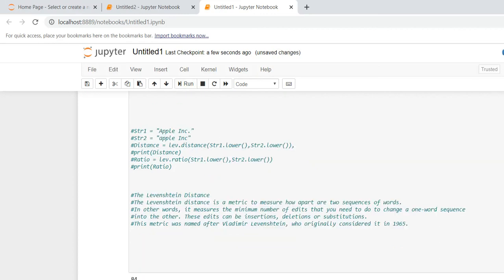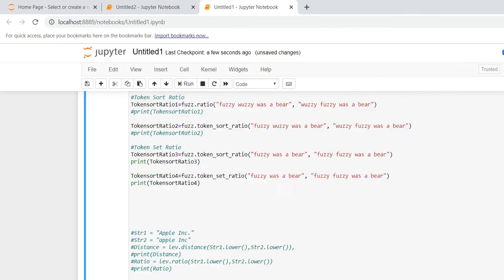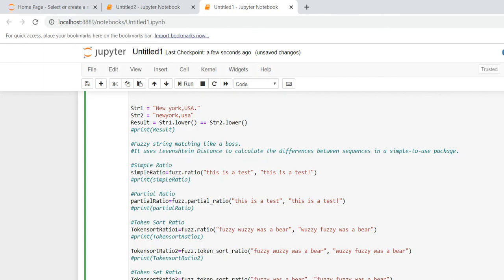You can see sort ratio gives us 84 and set ratio gives us 100. My string 1 is Percy was a bear, my string 2 has Percy twice. Even though Percy is coming two times, it's matching as a set, because here is a single Percy and there a double Percy. So it's matching as a set, and was a bear remains the same.